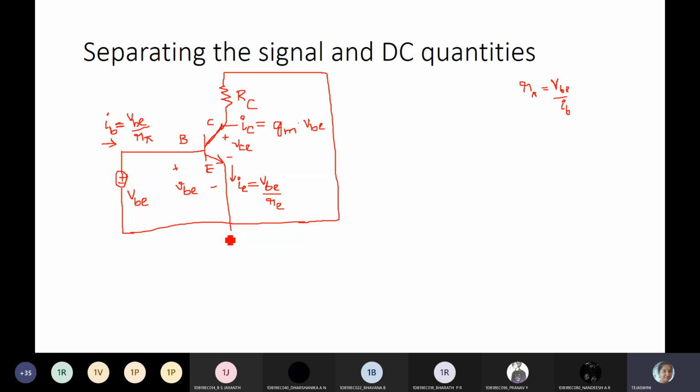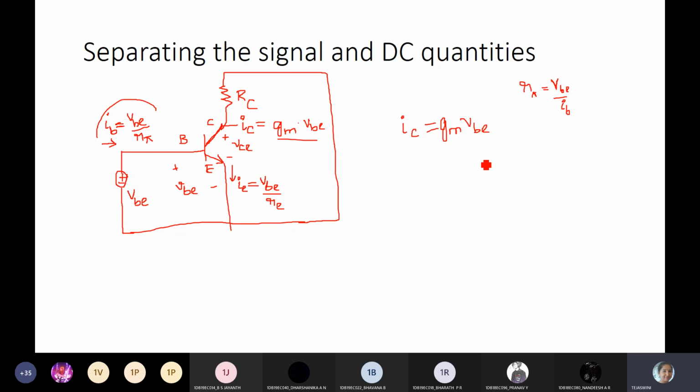We have written here the small signal base current, the collector current, and the emitter current. Okay. So here three formulas you have to remember to write this diagram. IC is equal to GM into VBE. With these three formulas we have completed the circuit. So here we have specified what the signal is and what IB, IC, IE are.